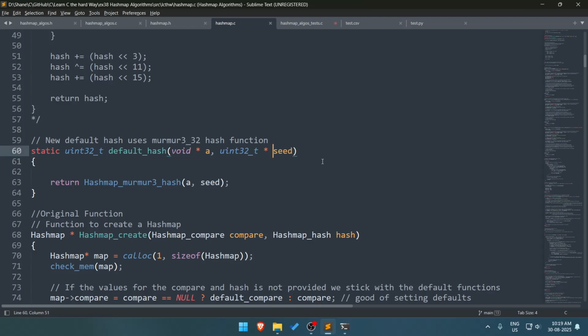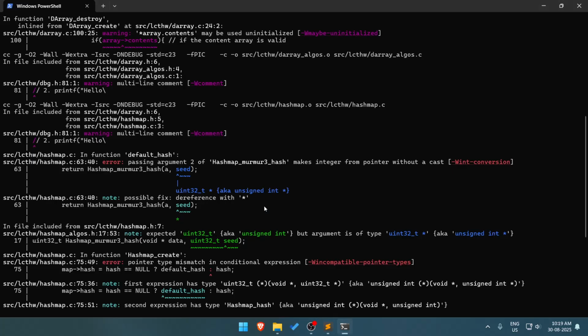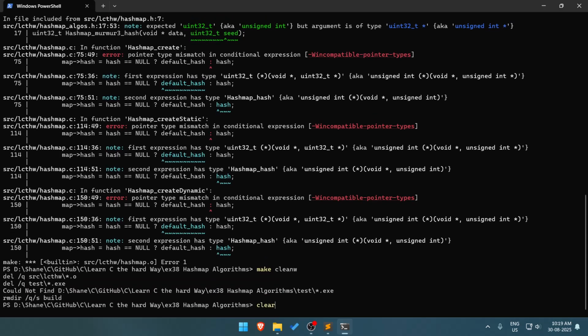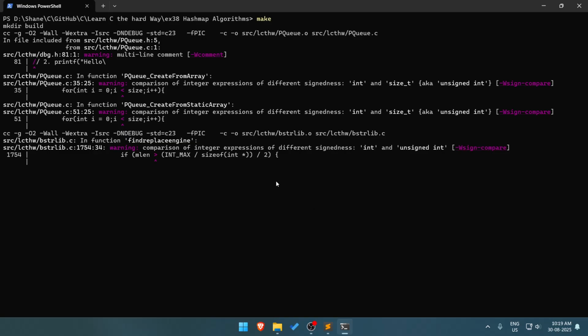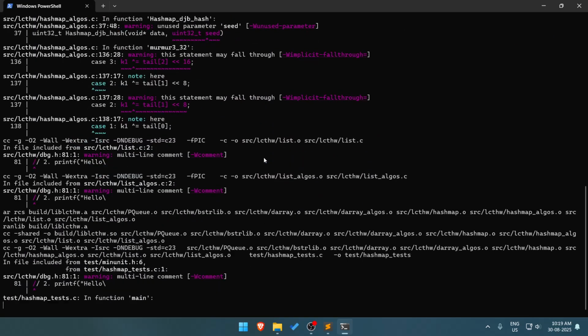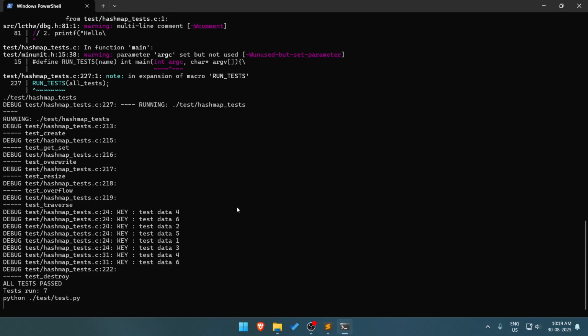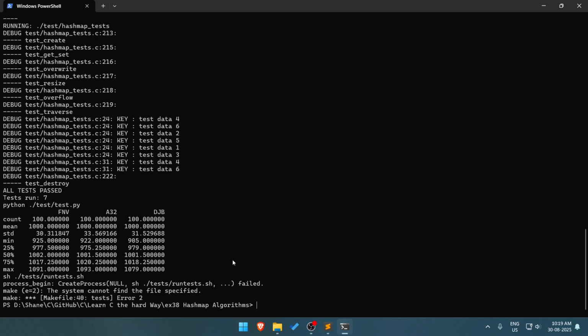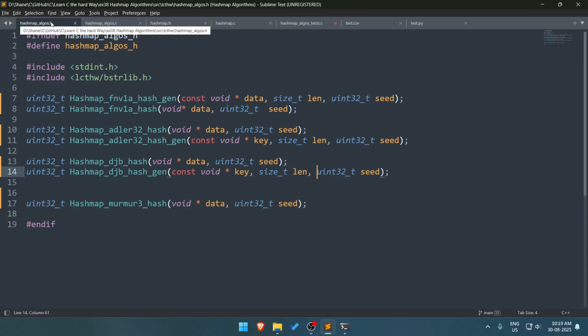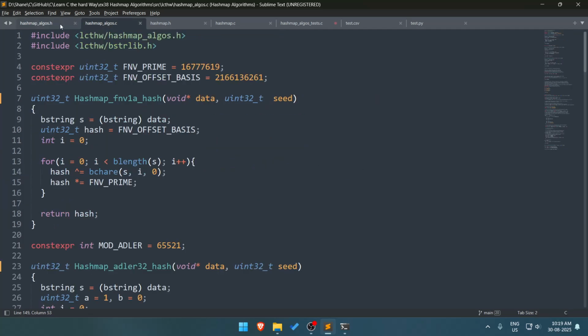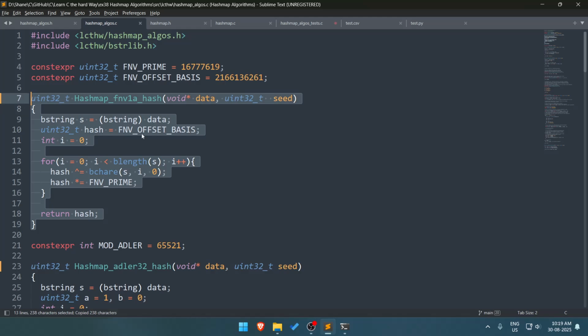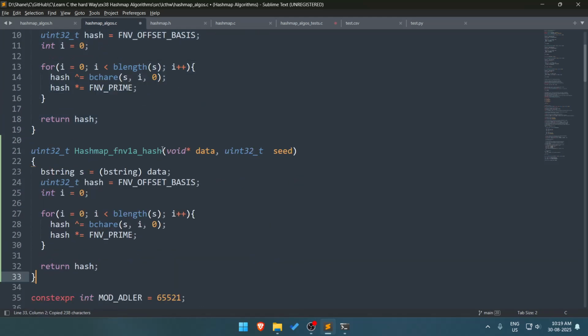Okay, so this is the new default hash. So like clean, then make. Okay, so the function works as it is. I have to make changes. Right. So, well, copy this and we'll say